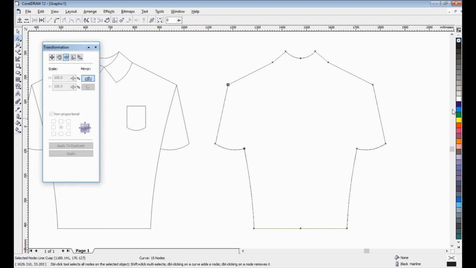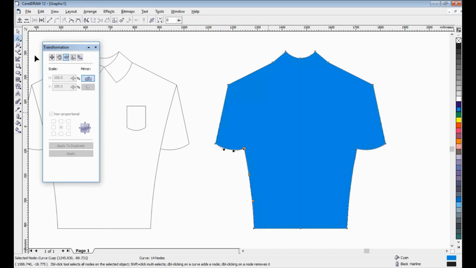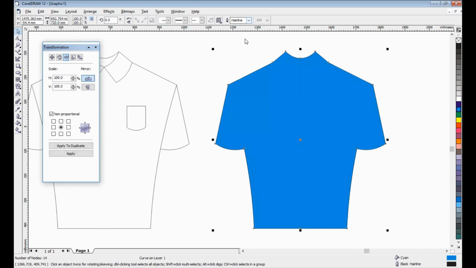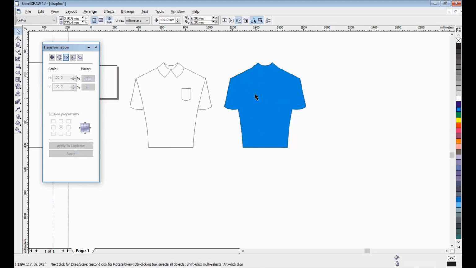If you want to fill, it's not dropped here. Okay, that's it. Here I want to increase the outline. Okay, like this.